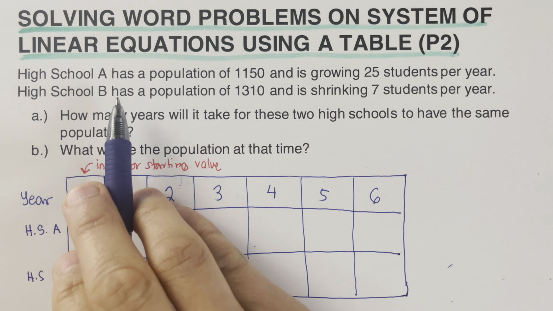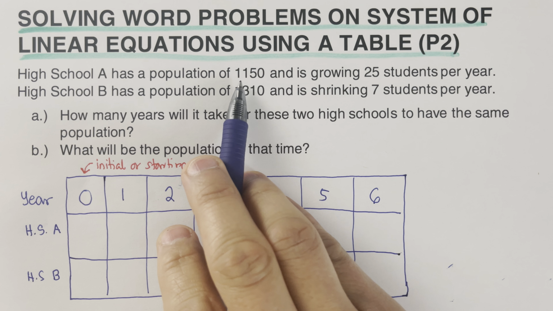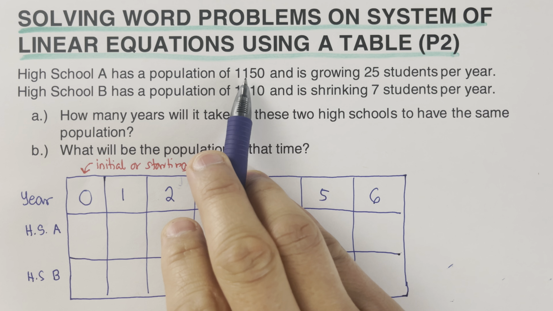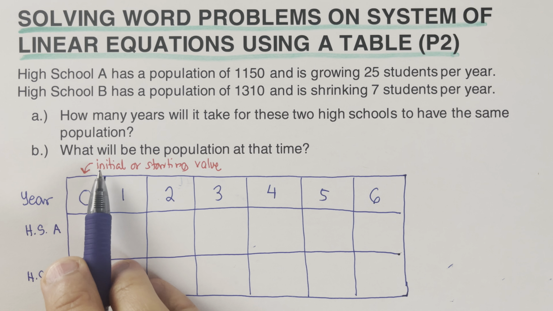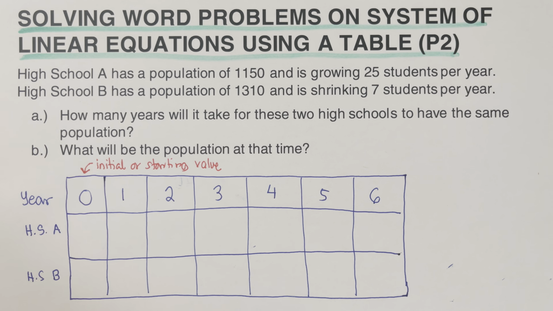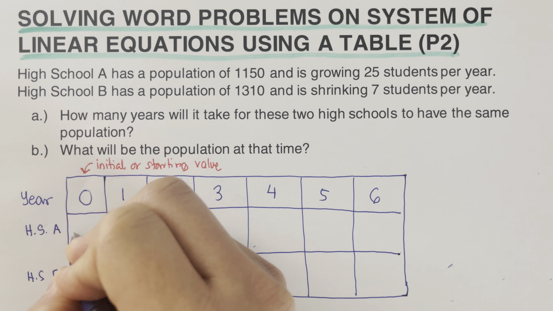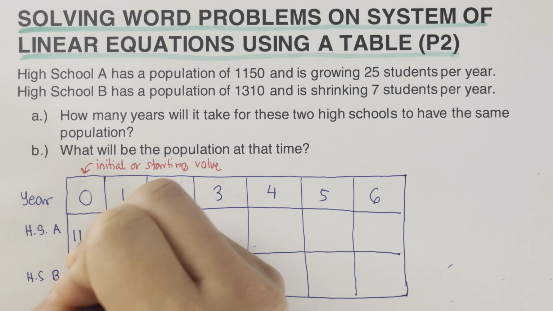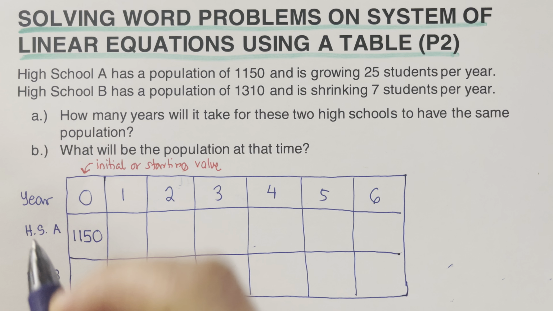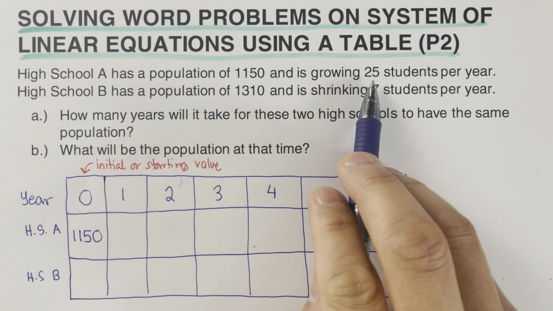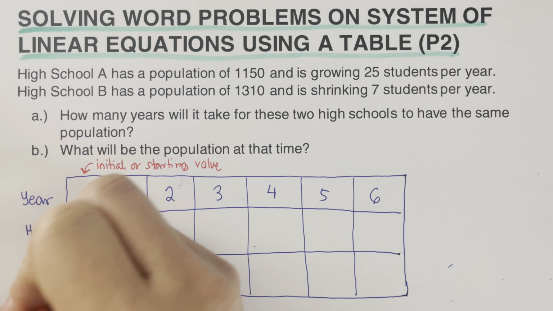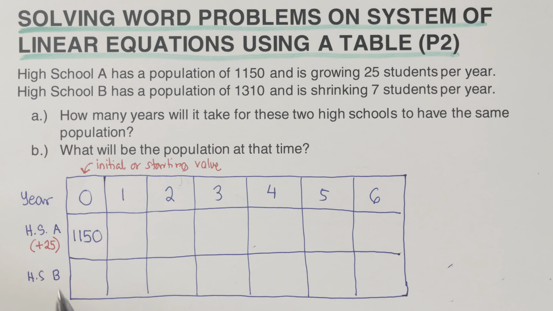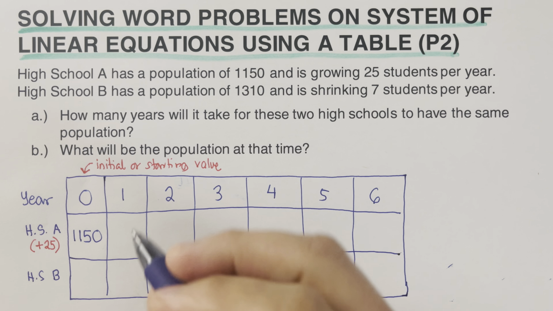It says here that high school A has a population of 1,150. So this is the original population for high school A. So we're going to take that as the original, initial, or starting value. So I'm just going to write that down here. So that's 1,150. And then it says that it's growing by 25 students per year. So that means for high school A, we're going to be adding 25 each year. So that would be 1,150 plus 25. So that would be